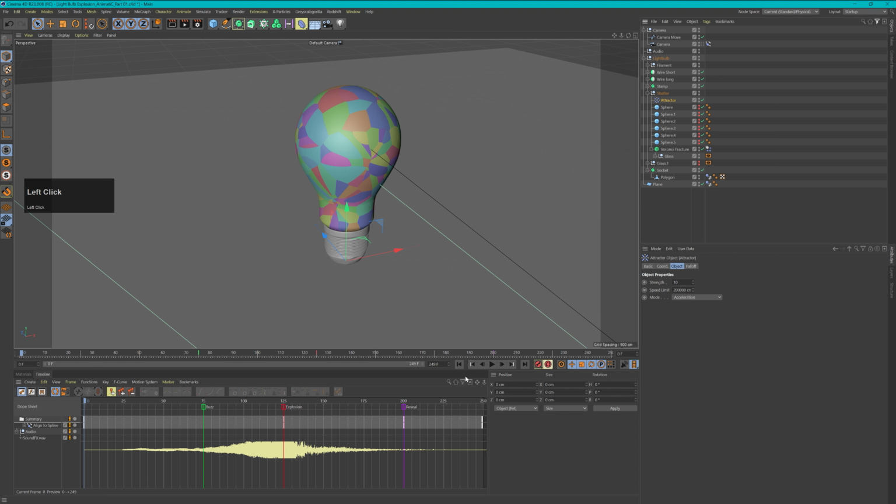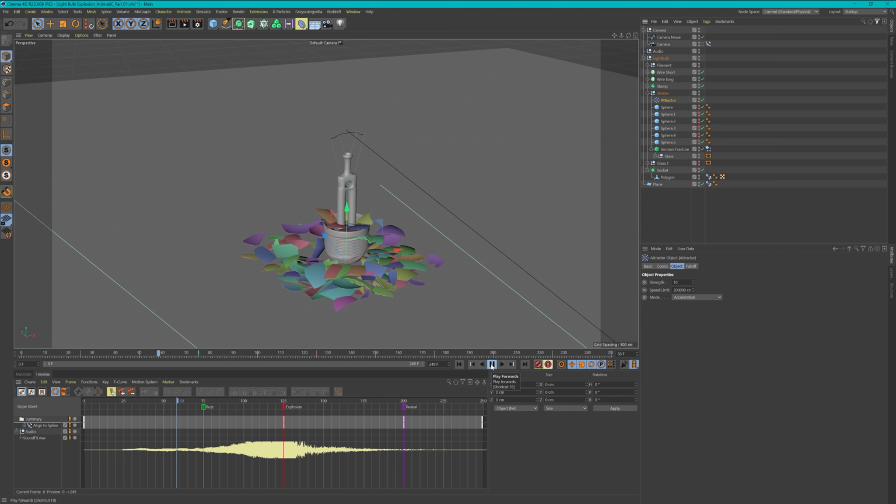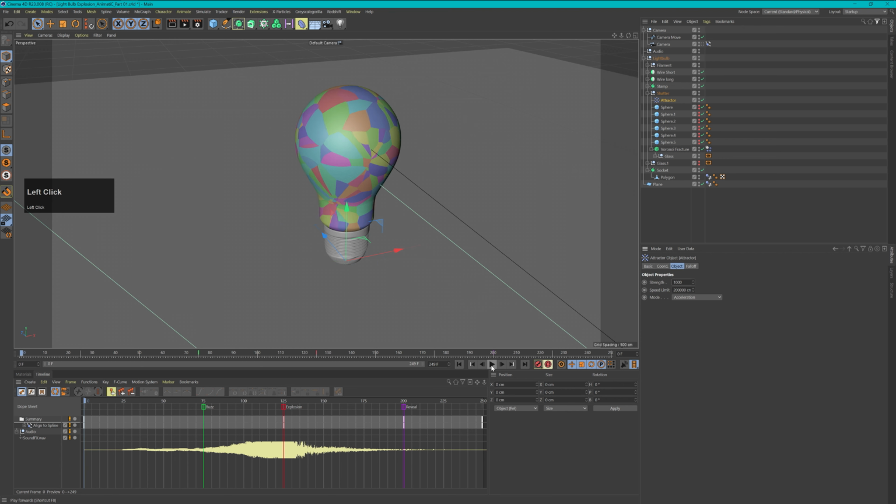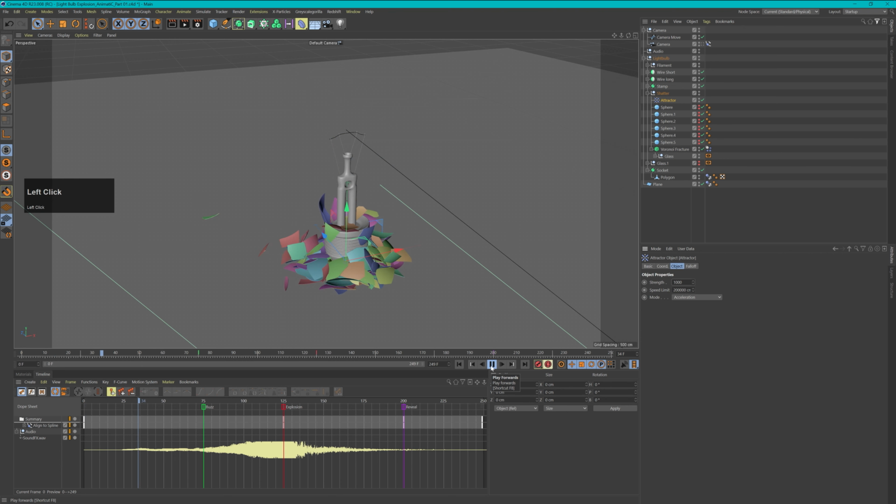And by default, if we now let this simulate, you see that the attractor is not really doing anything. The settings are very, very low, so let's increase this just so that we can see what it does. And now it will probably create a little bit of weird behavior. Yeah, you see it's pushing around small pieces here, but of course this is not what we want to achieve. We want to have an